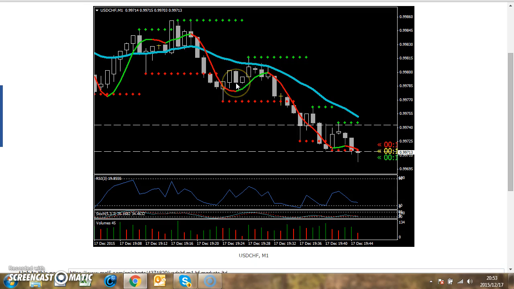But because the bear bar didn't go lower than this bull bar, this one didn't qualify. So we don't have anything. Then there's another bull bar, and there's a bear bar. Again, we're looking for a bear bar which went lower than a bull bar. This one did, so we have one which qualifies. This is what we call a low 1, but we need a low 2.